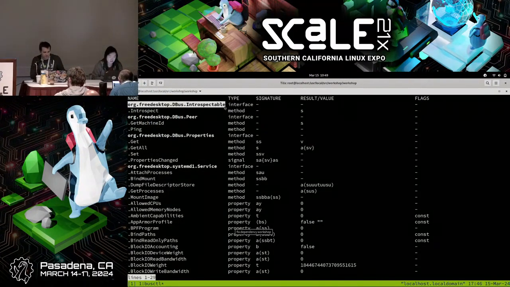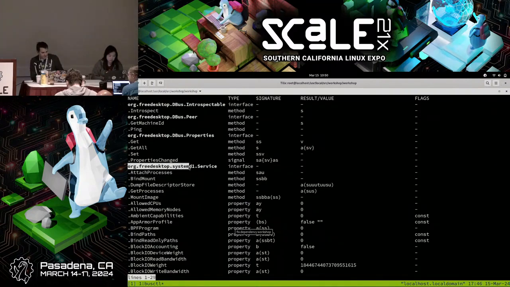And by the way, the reason why I'm doing this, I'm trying to show you from nothing, how can you start exploring this, or how I discovered D-Bus at least. So you have this thing that is called Introspectable, and here that's kind of like the interface, and it has a method that is called Introspect, right? Then there is a D-Bus Peer, this has two things, and then there's Properties, perfect, and then you can see that all of this is like D-Bus namespace. But here's where things start getting interesting. There is an org free desktop